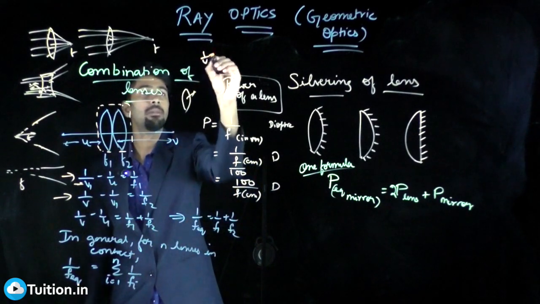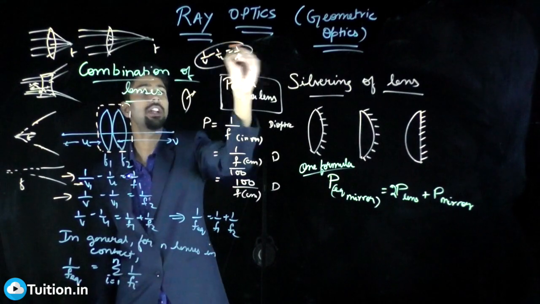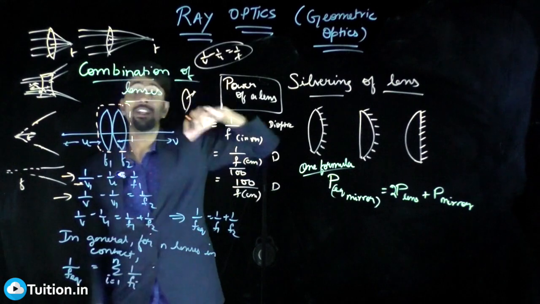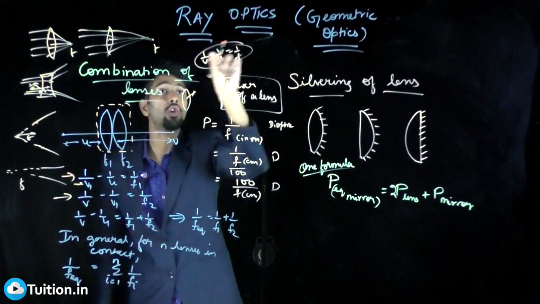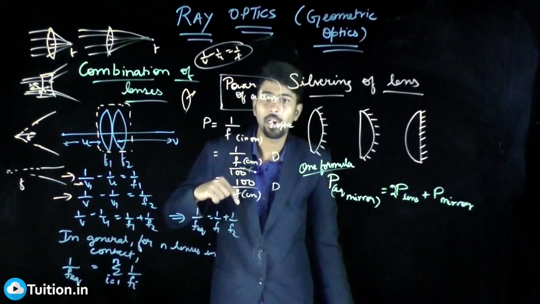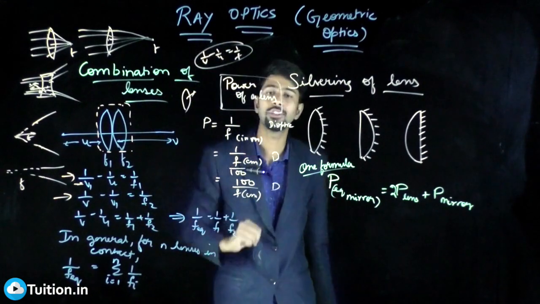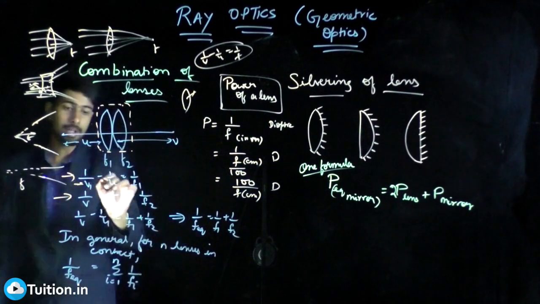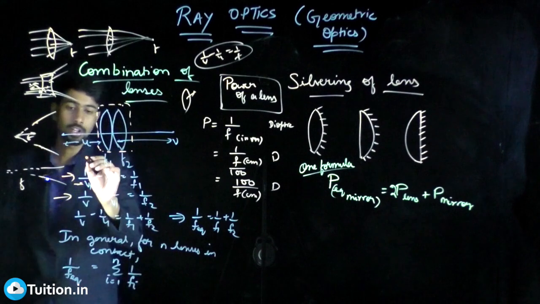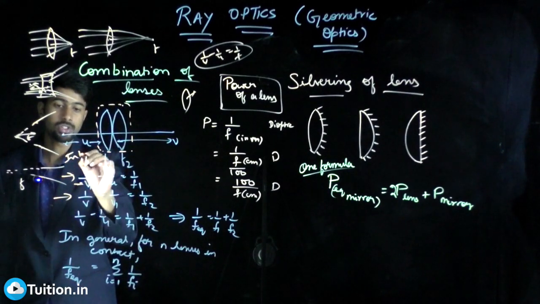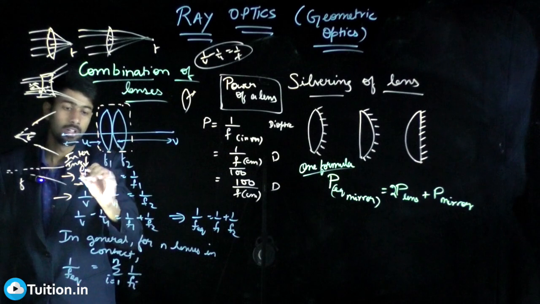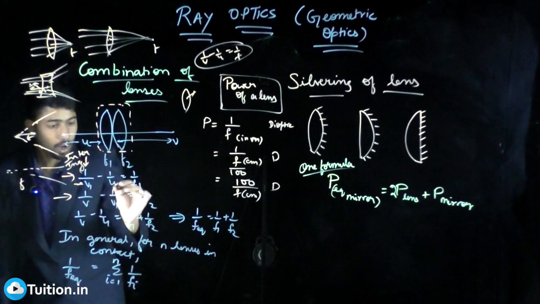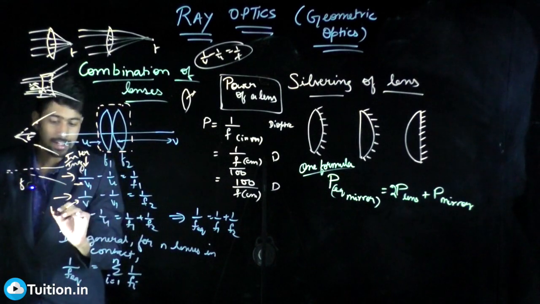So 1 by V minus 1 by u is equal to 1 by f is something that is already derived and you know. Now while deriving another formula from this for a general case, don't put sign conventions here. When you solve a particular problem using this formula, you have to put signs. So I am not putting any sign here. So 1 by V1 minus 1 by u is equal to 1 by f1. This is your intermediate image, this is your object, and now this intermediate image acts like the object for the second lens, and this is your final image,